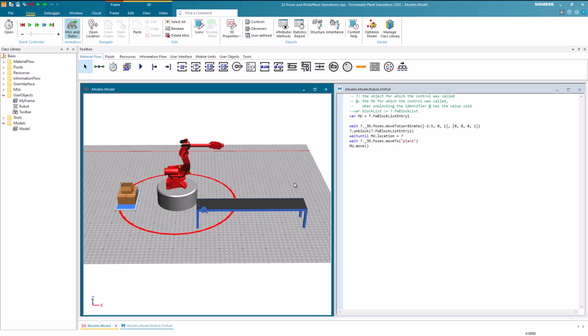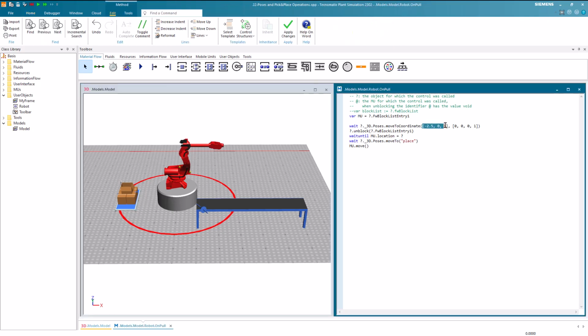We have already determined the first part and stored it in the variable mu. We now replace the first parameter of the method by using the position attribute of the part. However, before accessing the position attribute, we need to access the 3D attributes, since the position is stored in the transformation dialog. Then we insert a breakpoint in the line, save our changes and start the simulation.